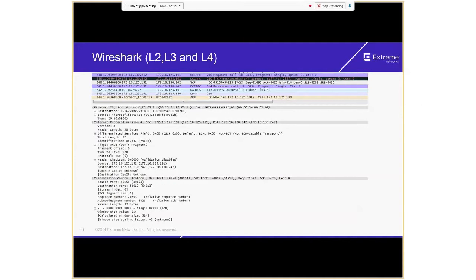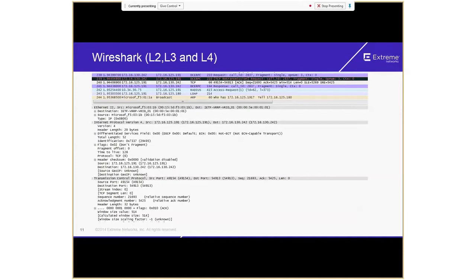There are other fields as well, so you need to understand what a layer 3 packet looks like. So you have time to live information, fragment offset, header checksum. There's lots of information over here. And at layer 4, you have the Transmission Control Protocol. Since this is a TCP packet, you have the port information.